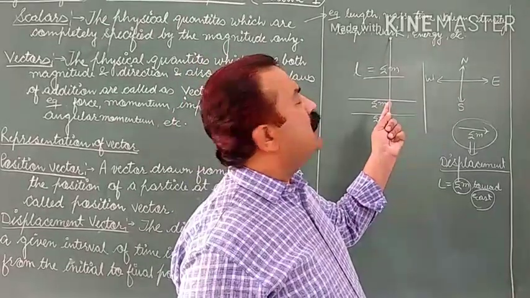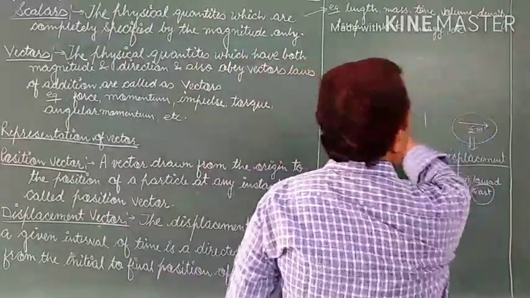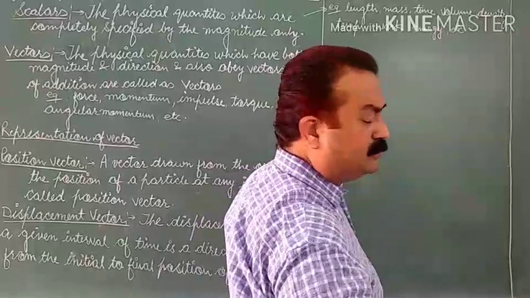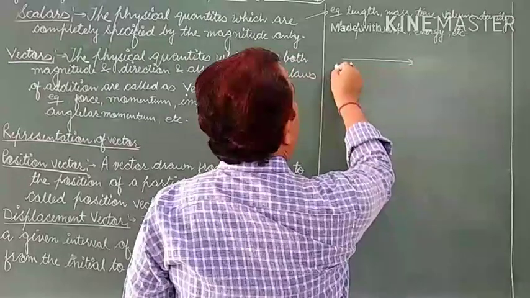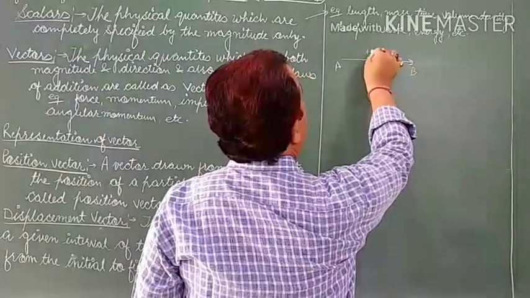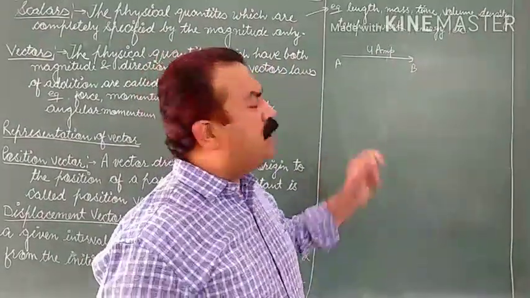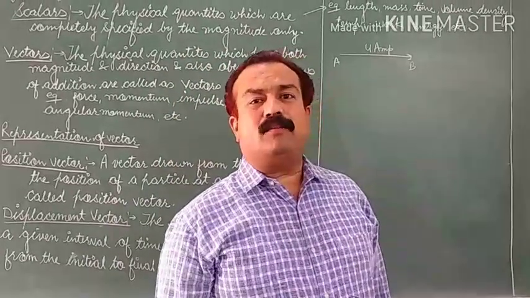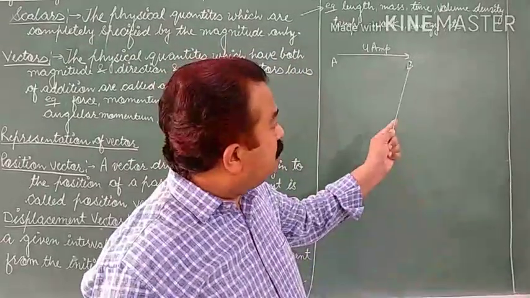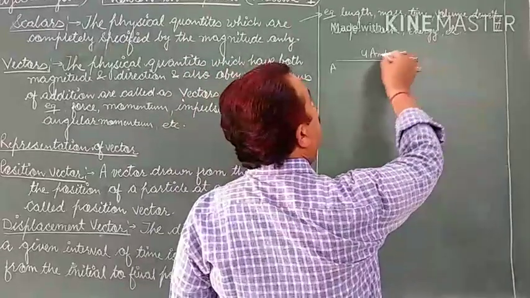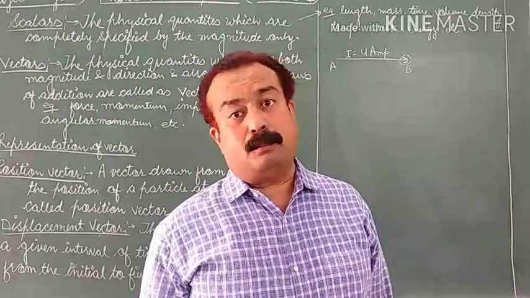As I have not written one important example here, that I am discussing now, and that is current. So the question arises: if the current is flowing from A to B and this is of 4 ampere. If the current is flowing from A to B, 4 ampere, then according to most students, the current has direction, which we have shown with the help of an arrow, and another one is magnitude. So it should be a vector quantity, but